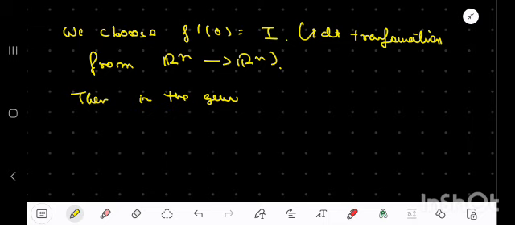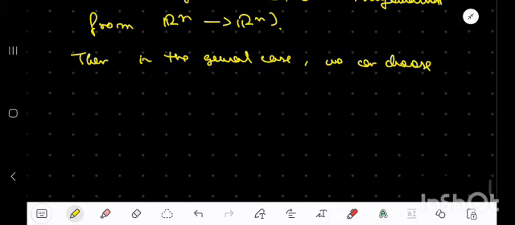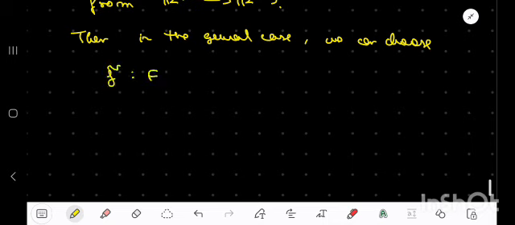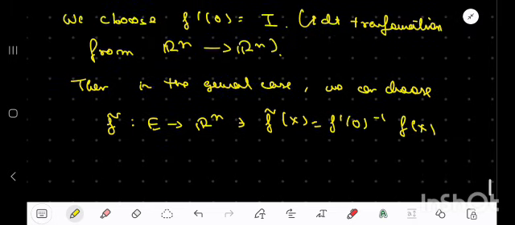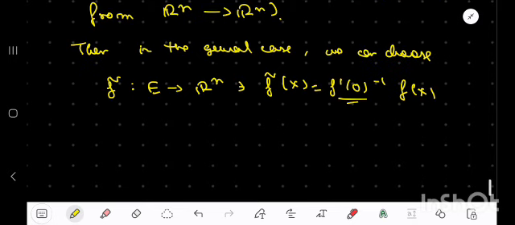in the general case we can choose f tilde to be the map from E to R^n such that f tilde of x equals f prime at origin inverse times f of x, and by choosing f prime at origin to be invertible, this is an invertible linear transformation, so this is well defined, right? We can apply the special case to it. This is still a linear transformation, and we also observe that f tilde at 0 is 0,